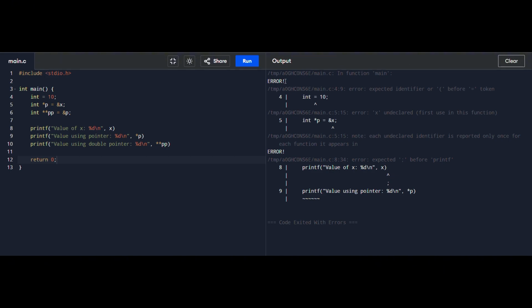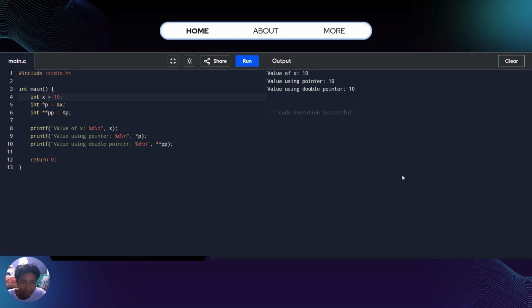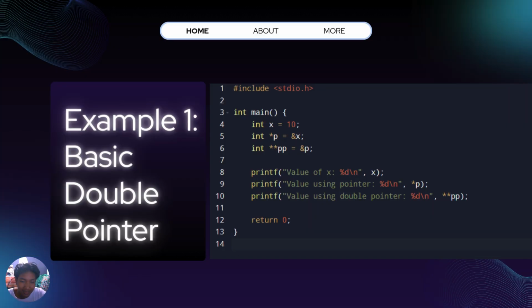A common mistake for beginners is forgetting to put in the semicolon. As you can see, I forgot it. To explain this, x stores the value of 10 and p stores the address of x and pp stores the address of p.